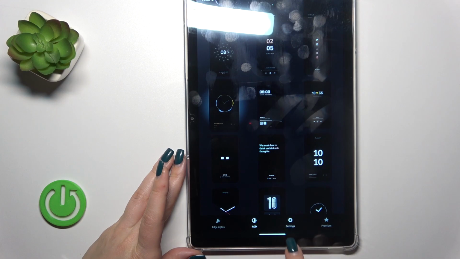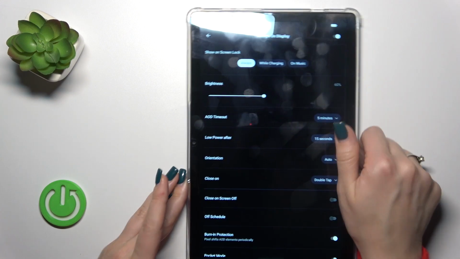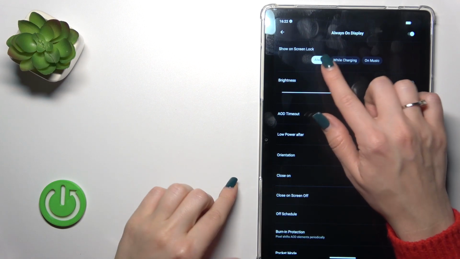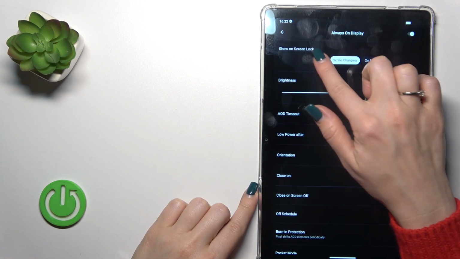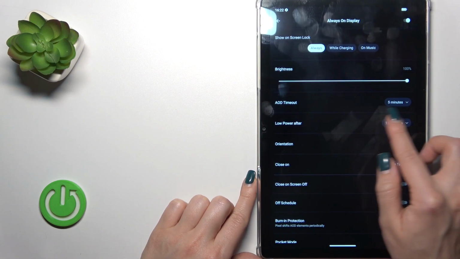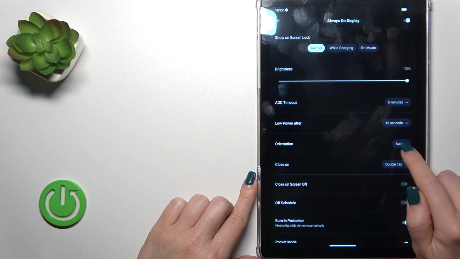Let's go back, switch AD to the settings and tap to always on display. Here you'll see show on screen lock AD option like always while they were charging or music. We could decrease or increase the brightness level, to change AD timeout, to switch allow power after timeout, to change